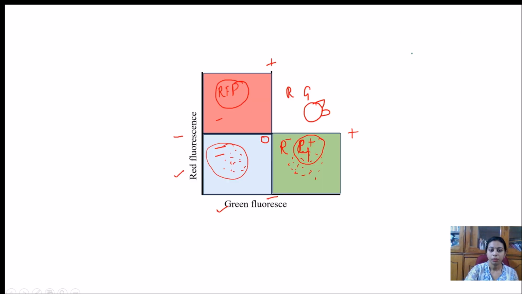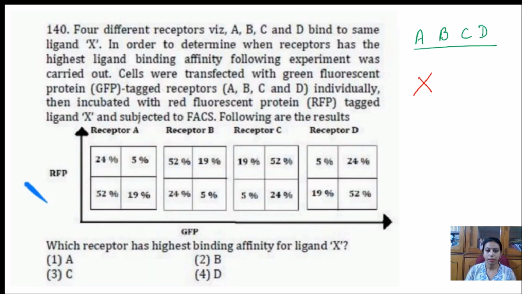Moving back to our slide. They will be lying in the quadrant where both red and green fluorescent protein will be in higher amount. So moving to the question, just pick the quadrant which has the highest value. This is receptor number C. Why is it so? You see here, only 5% of green and red fluorescent proteins are here. And after that, when this protein has been shifted, the receptor which has more affinity toward this X